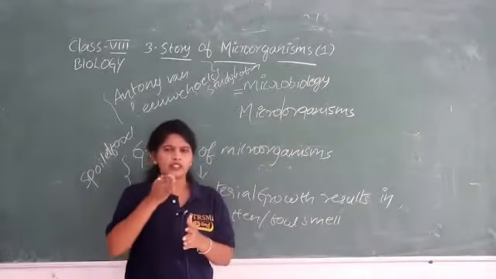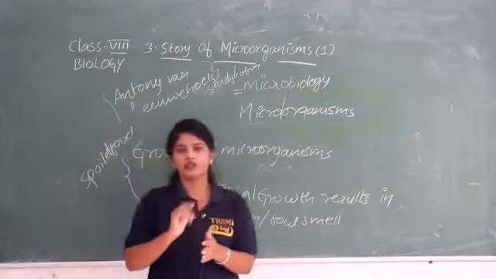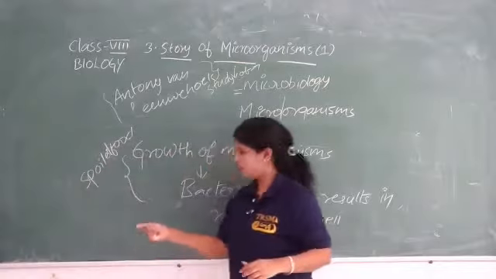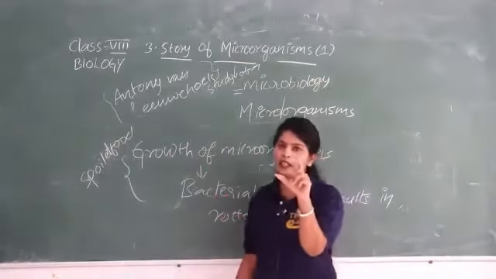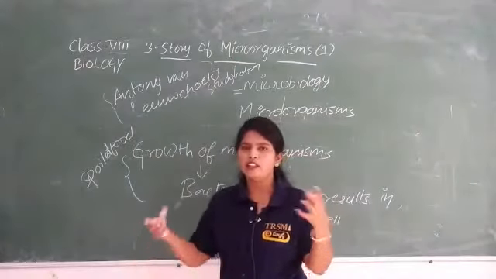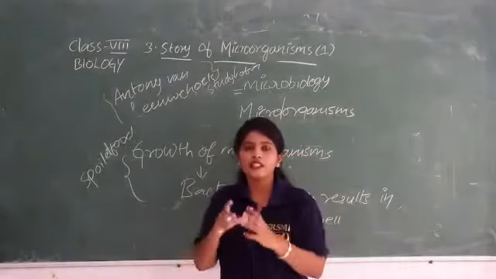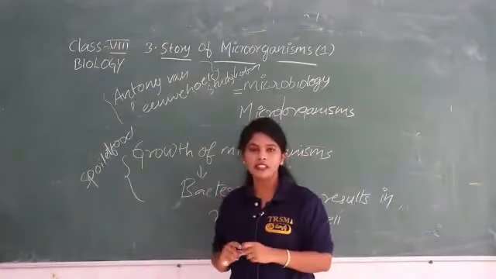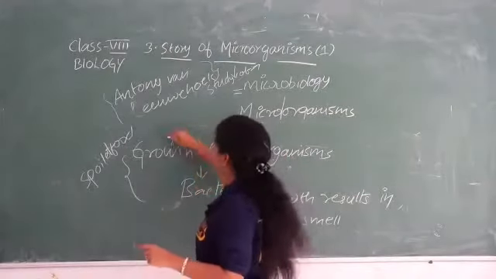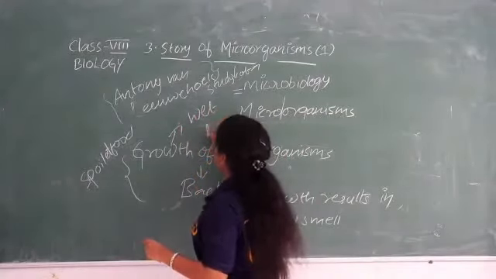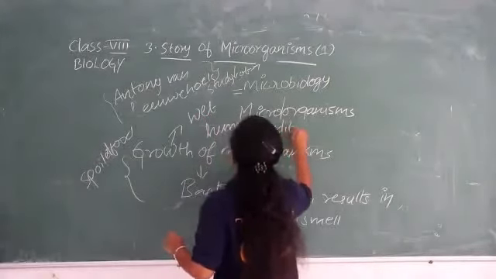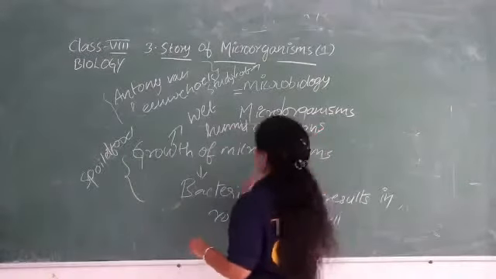Right? What is the difference between cooked and uncooked food? Why does cooked food get spoiled sooner, whereas uncooked food does not? Here is the answer. Wherever you find closed, humid, wet conditions, that is the main site for the growth of microorganisms. What is the main site for the growth of microorganisms? Wet, humid conditions. So wet, humid conditions are the most suitable for the growth of microorganisms.